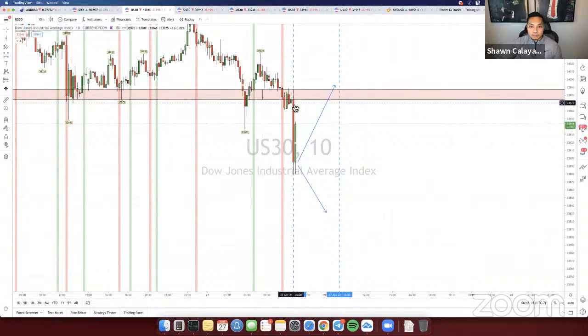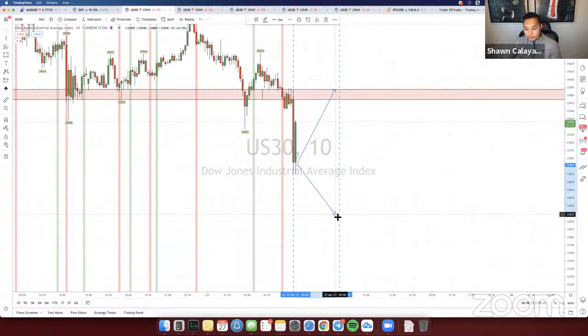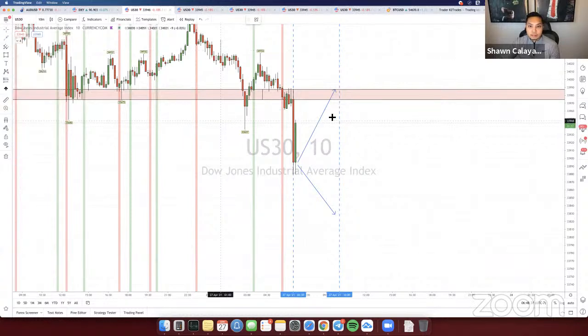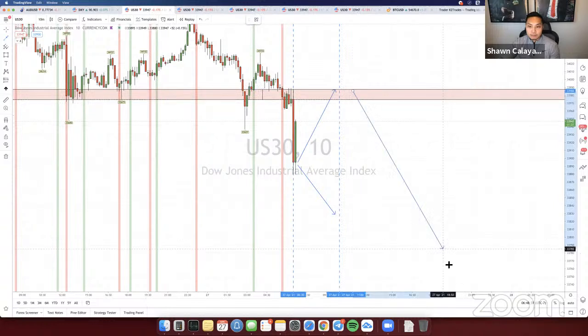So market opened right here. Price will either go back to where it originally was, or it'll continue dropping in the direction that it started from. So it's going to move directional from 6:30 to 10, and then at 10 o'clock, price will reverse the opposite. Well, technically, it generally reverses the opposite way. If it was going up, it'll come down. Vice versa, if it was going down, it'll come up from this point.